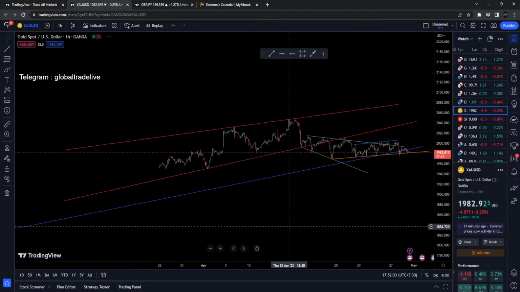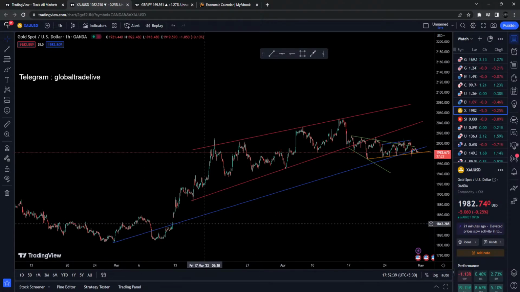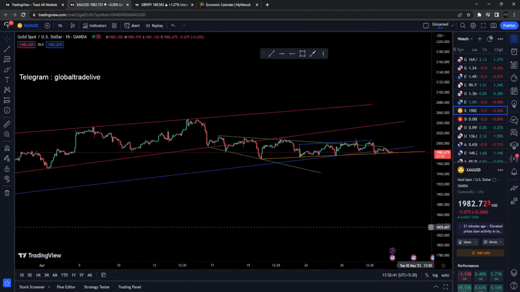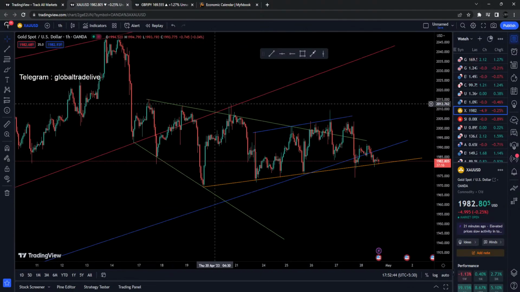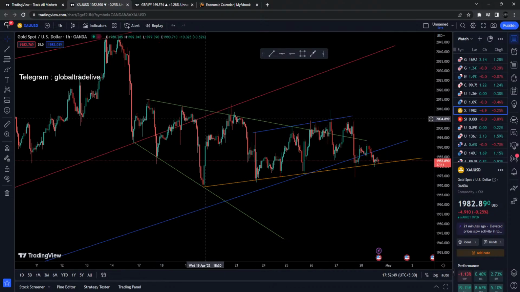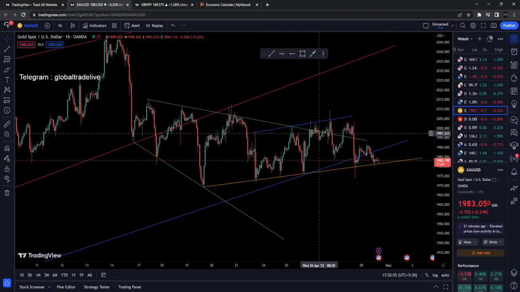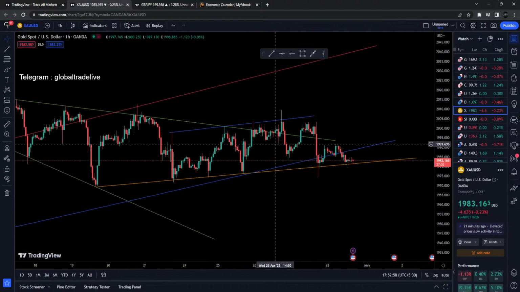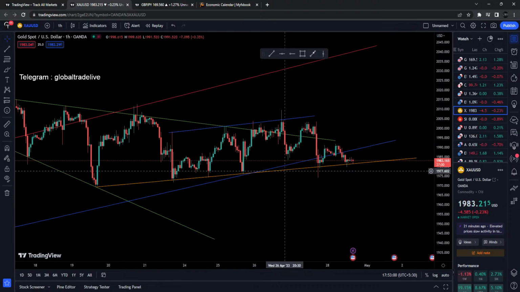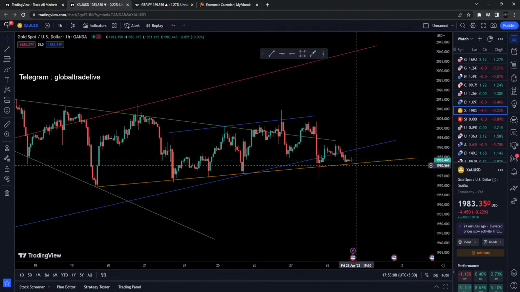Let me squeeze this a little bit, and we can see this was a channel, then we had this formation over here. Okay, so let's forget about this channel. Then we had this green one. From the green one it shifted to the green and the orange one, so the market was moving inside these two. Then we had this blue one, so let's consider the blue one as the current channel. The market was moving inside the blue one, respecting it, and then it finally went down. Now it is respecting this yellow trend line over here.